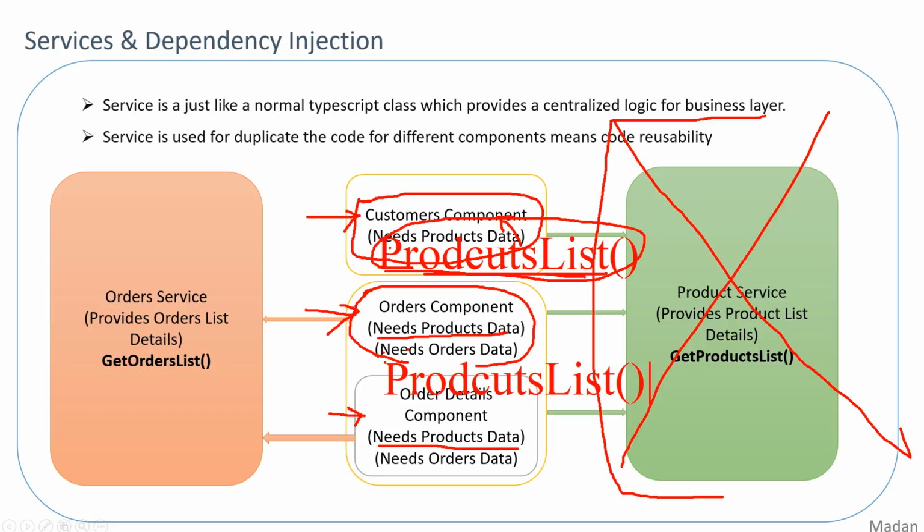Today 3 components, tomorrow 10 components. I would have to create this method in each and every component for getting the products. This is not at all a good idea. I need to create the products list related logic in one centralized location, and fetch the data from that centralized location. Based on an instance of that centralized location I can fetch the products list. That is the area to focus on.